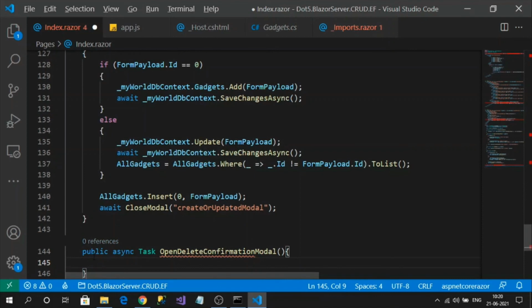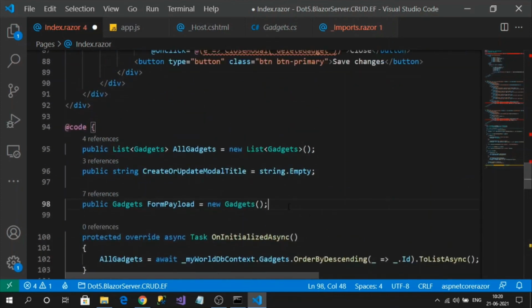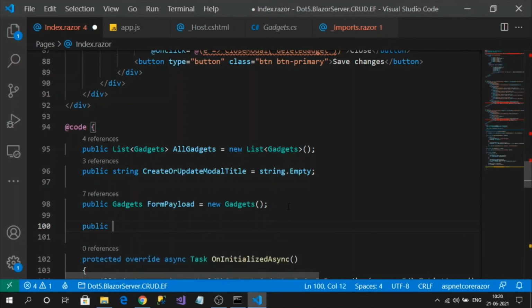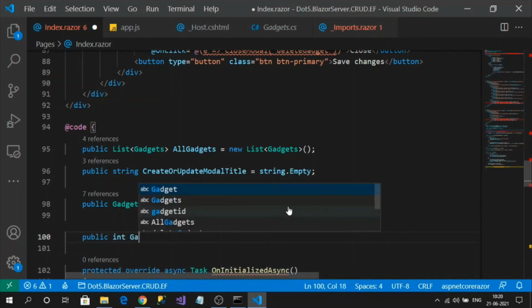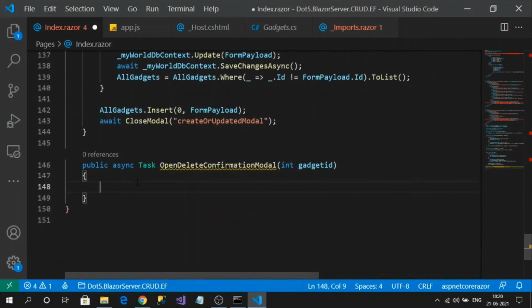Here I want to take an input parameter of my ID, which record I want to delete, int gadget ID. And I want to create one more property, like public int gadget ID to delete, so initial is 0. I will use this to assign the value here: gadget to delete equal to gadget ID. And finally, I want to open my model.